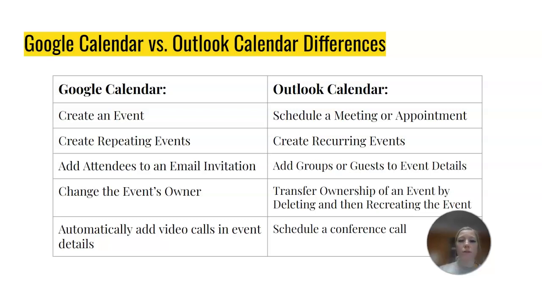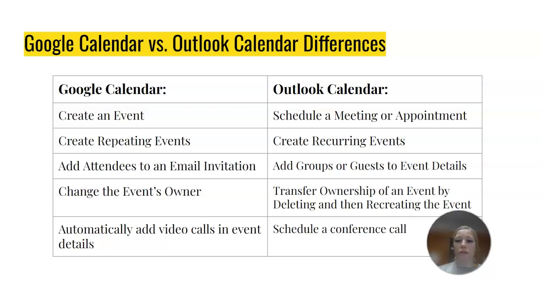On the left you can see we are talking about the Google Calendar, whereas on the right we are talking about the Outlook calendar. On the Google Calendar, you can create an event, versus the Outlook, you schedule a meeting or appointment. On Google, you can create repeating events, whereas Outlook, you create recurring events. On Google, you can add attendees to an email invitation, whereas the other, you have to add groups or guests